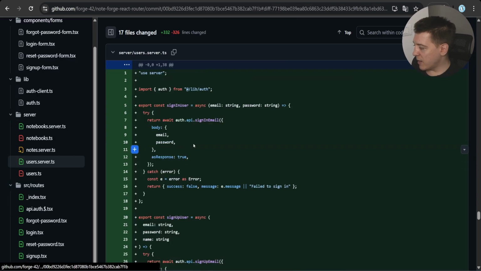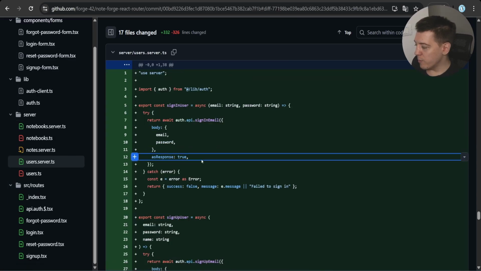And the final thing I did was really important because, and I think this is going to be the same with TanStack Start as it is with React Router, better-auth uses cookies to store the info. I return the sign-in user as a response, and then I return that from my loader. And what that's going to do is store the cookie in your browser, and that's going to allow the authentication to work. Where in